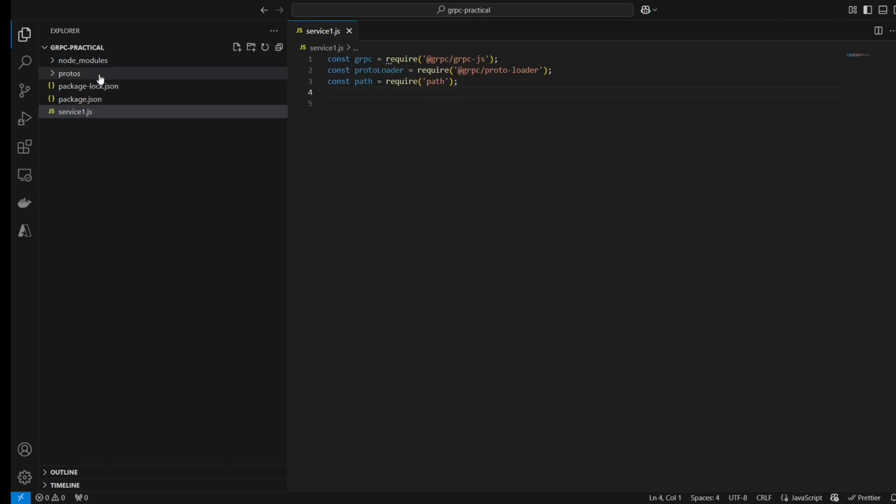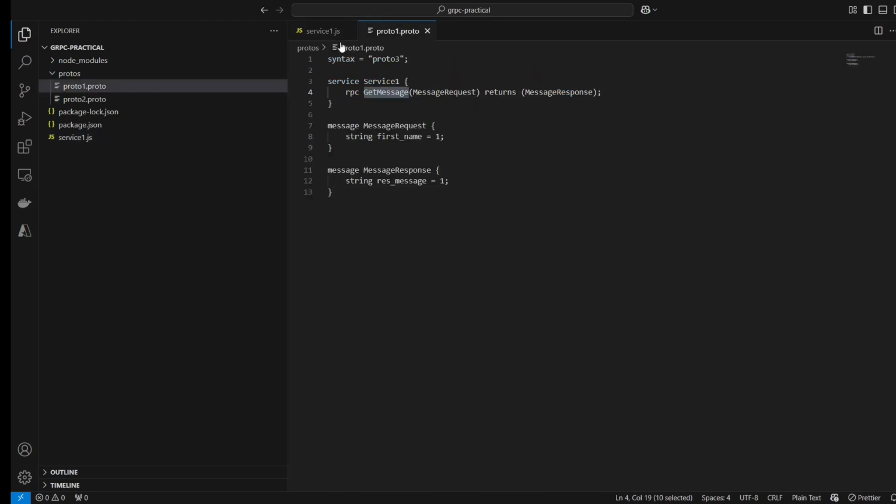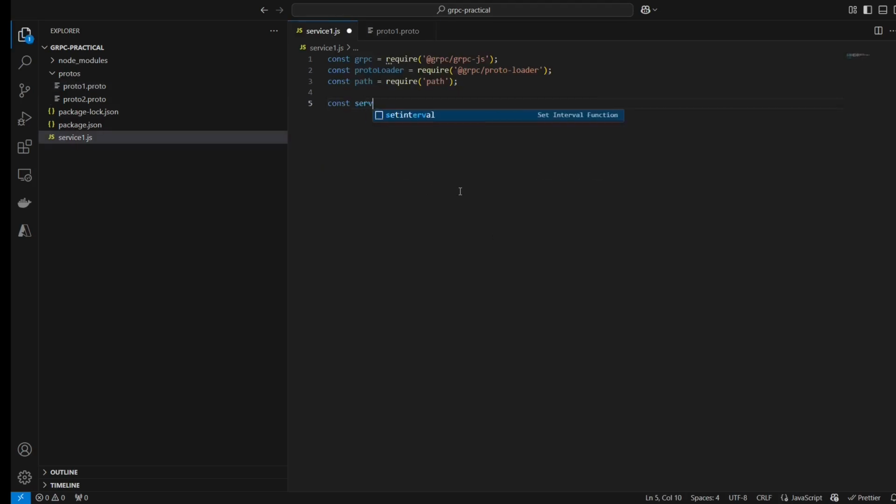So first we will be loading proto1 for service 1 in this file using the proto loader, and then we would be converting the proto loader file into the JavaScript object which we would be needing in order to get service 1 and register the GetMessage method within service 1. So let's say we would be getting the service 1 definition and we would be using the protoLoader.loadSync method, and this method would be getting the file name in order to load the file.